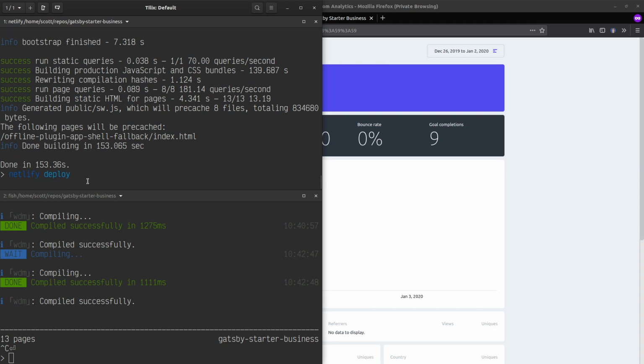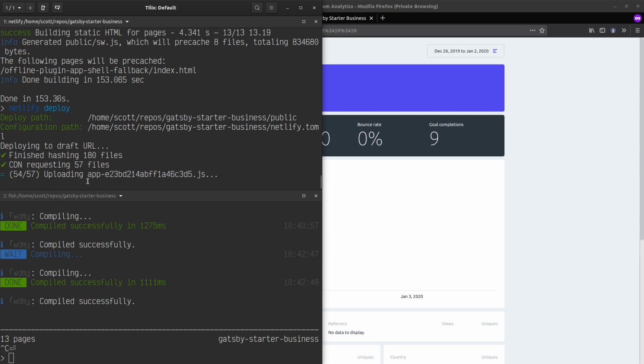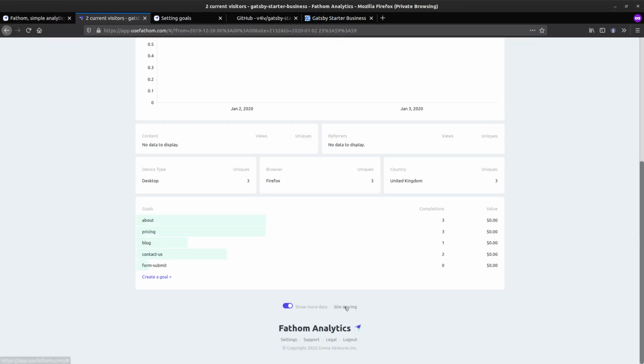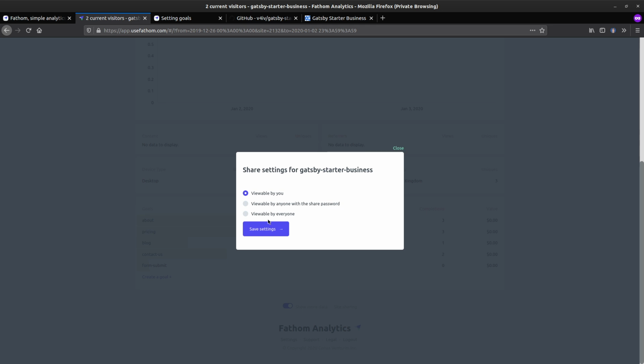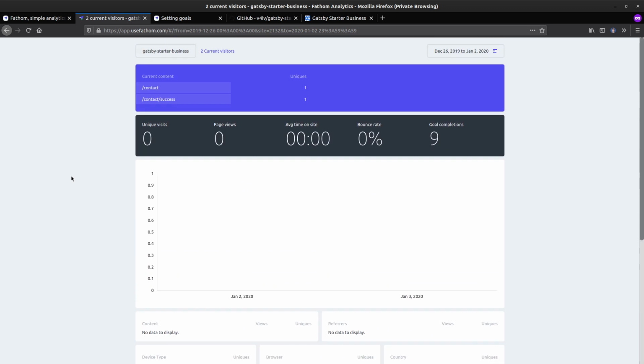And yeah, I'm just going to deploy this, and I will put this starter on GitHub, so the code's available, and also the Fathom Analytics dashboard here. You can share this, so it's viewable by everyone. And what I'll do is I'll share this link here on the README of the code, so everyone can take a look at the Fathom Analytics dashboard, see how you like it, and then if you're interested in signing up,